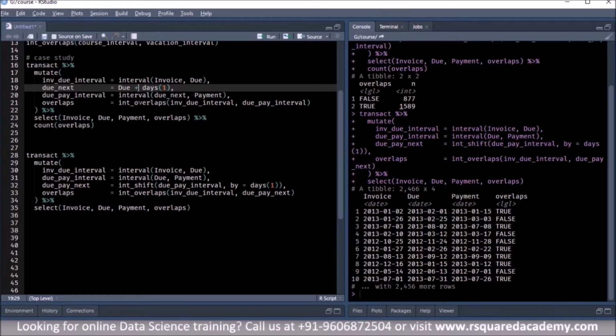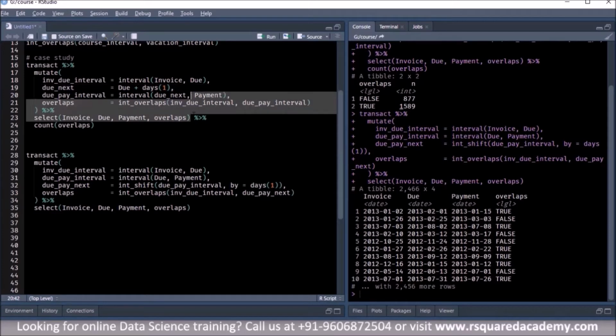If we did not do this, then both the intervals would share a common date. The due date is the common date between the first interval and the second interval. If we do not move it forward, then both of them will share the due date, and they will always overlap.